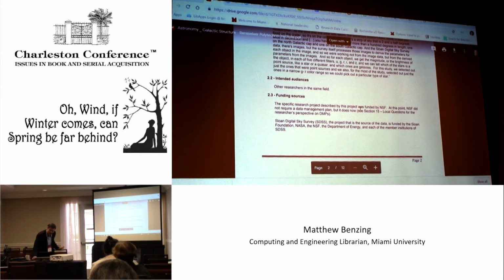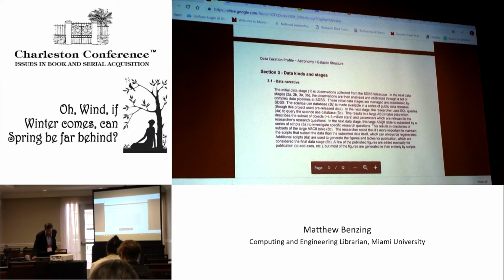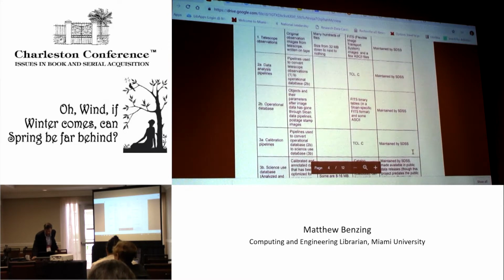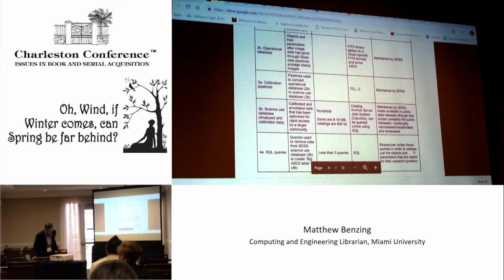Who the intended audience is. That's very important, because if you're looking at the data, is the data something that would be clear to that particular audience? Funding sources, because that's important, because you want to make sure that the way the data is being stored and made accessible is in line with the policies of that particular funding source. And information about how the data is collected and put together and the formats it's in, all that sort of stuff that can be very useful to you, again, especially if it's a field that you don't know a whole lot about, and you don't necessarily know about the data in the field.